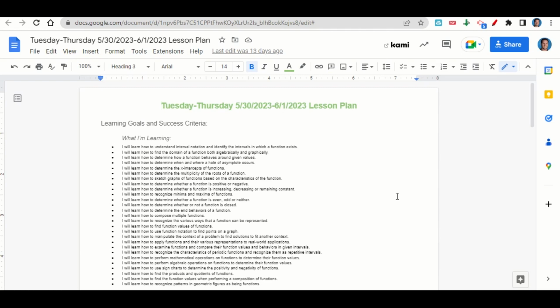and maxima of functions, to determine whether or not a function is even, odd, or neither, to determine whether or not a function is closed, to determine the end behaviors of a function, to compose multiple functions, to recognize the various ways that a function can be represented, to find function values of functions, to use function notation to find points on a graph, to manipulate the context of a problem to find solutions to fit another context, to apply